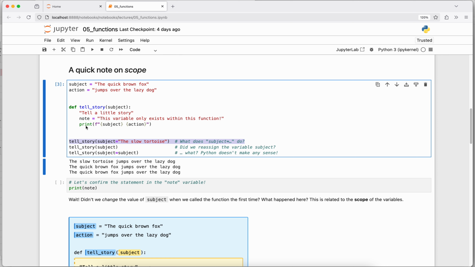So then when we come down to this print statement, we will print the slow tortoise, which will be replaced in this f string, and action. Now we never defined action within the body of this function, so it's actually taken from the outer scope. So not the scope of the function, but the scope outside of the function. So action kind of falls through into place here. And so we get the output, the slow tortoise, which again is what we set subject to, jumps over the